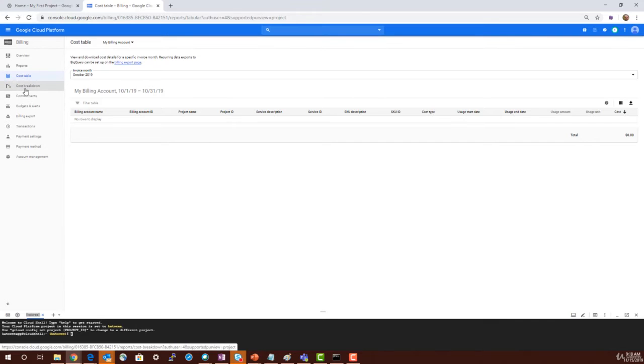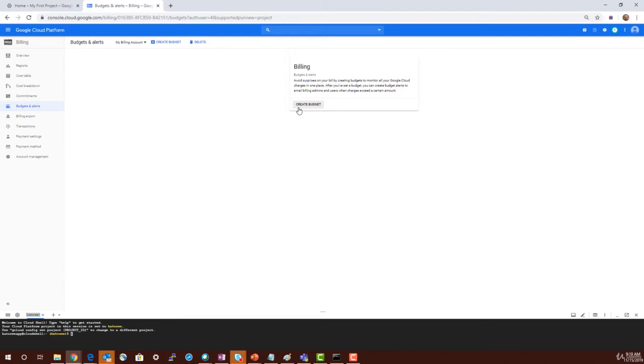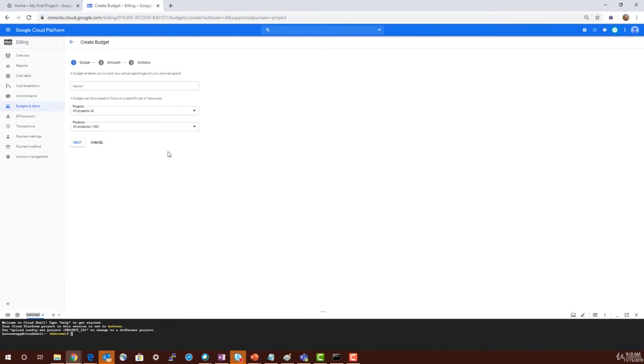You can identify the cost table, you can find the breakdown of your charges. What you can do, and this is very important, is create alerts for your billings. For example, you can create an alert which says if the cloud bill goes to $500, right?